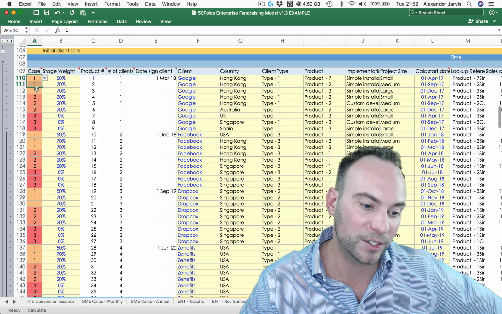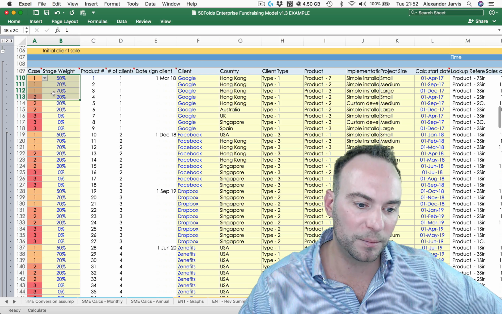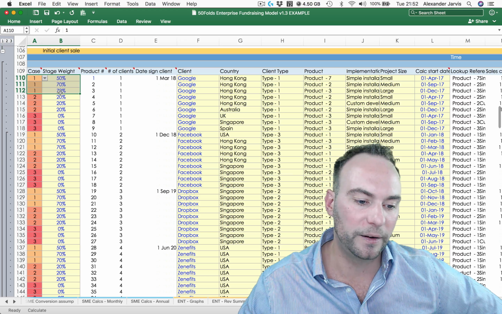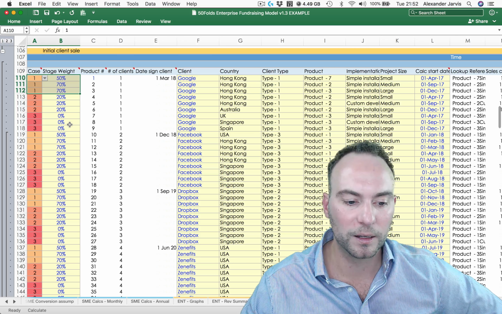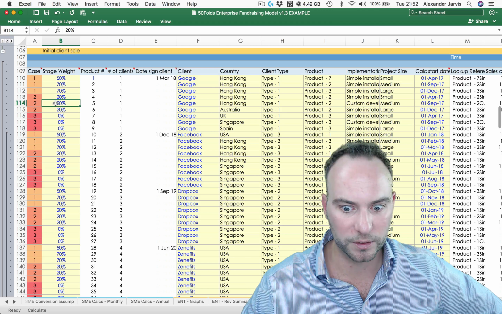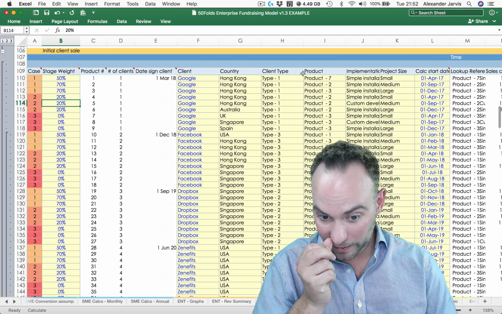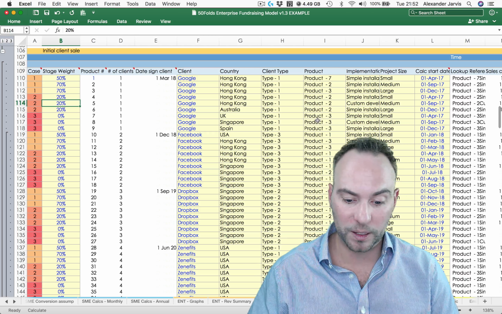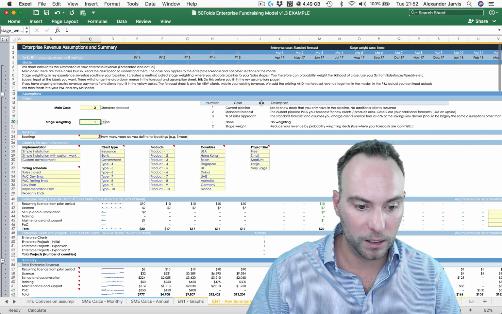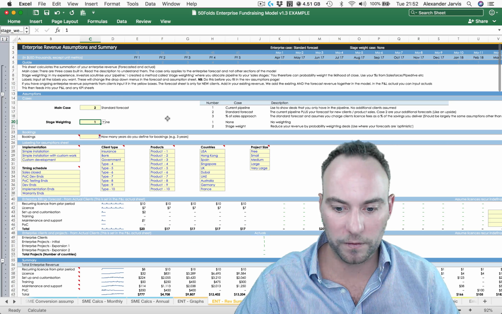So this is what is really in the pipeline. You really do believe it's going to happen. Here is what you're hoping for in future. And here the 3s are the stage weighting version of the 2s. And then you just repeat these for each one. And then you can play with the scenarios and see what the outcome is.